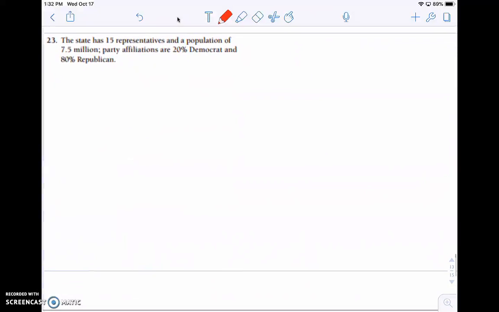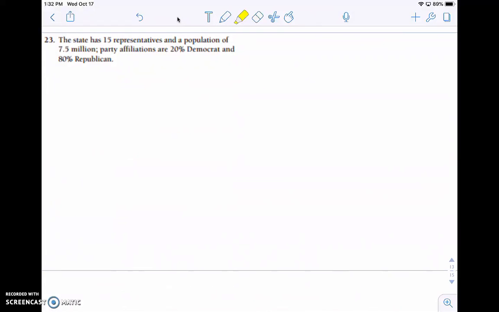So in this case we've got a state that has 15 representatives. Population is 7.5 million. Party affiliations, 20% are Democrats, 80% are Republicans. And so we want to find out,